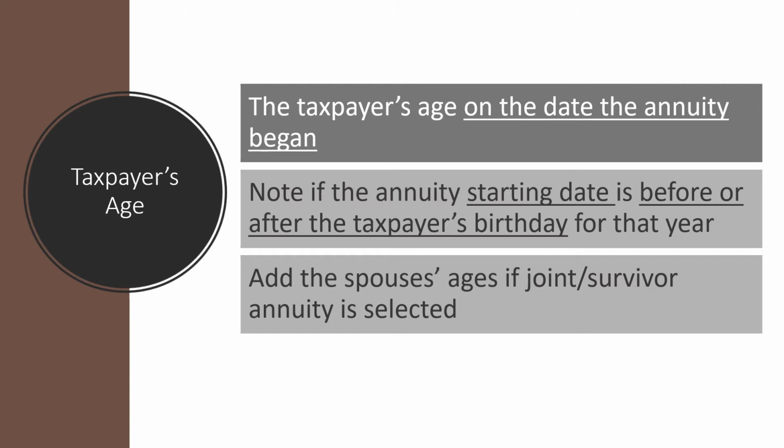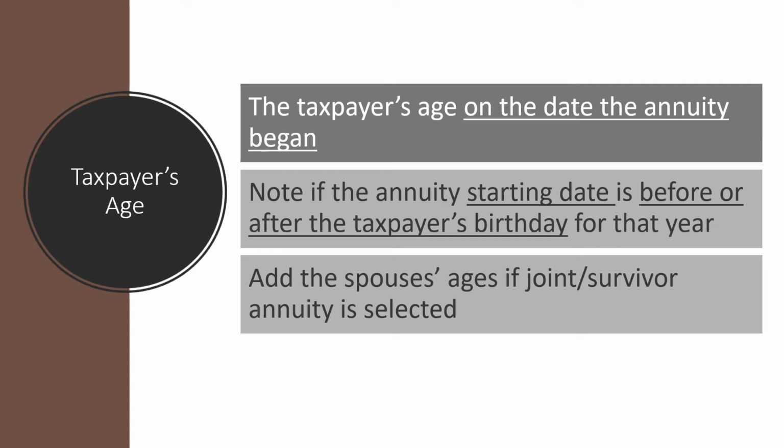So it's really important that we're talking with our taxpayers to figure out all this information. We can't just necessarily put this together ourselves. We need some input. So it's important to note too, because we need to find out whether the annuity starting date was before or after the taxpayer's birthday for that year. So they might have started receiving payments in the middle of the year, and it's going to make a difference whether that taxpayer already had their birthday or didn't have their birthday yet when we want to use their age